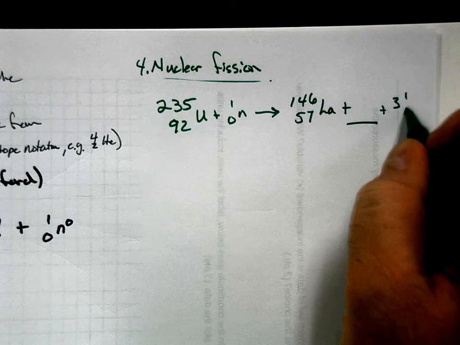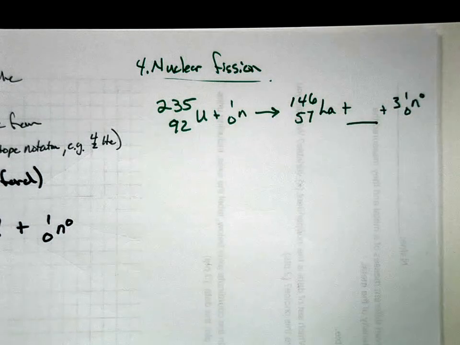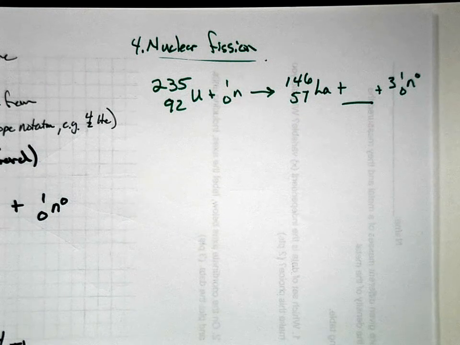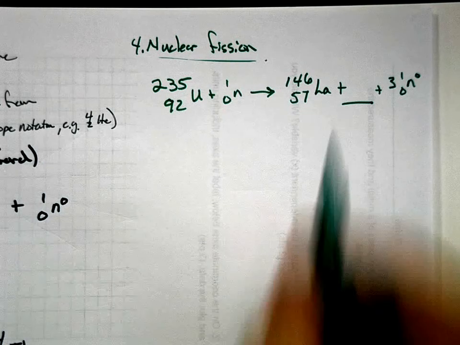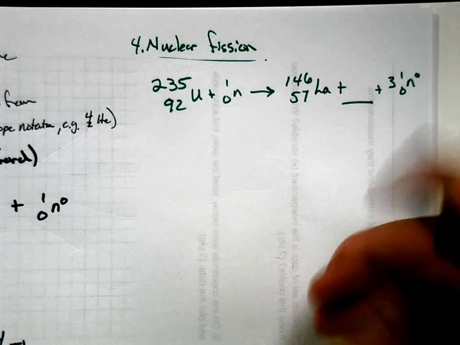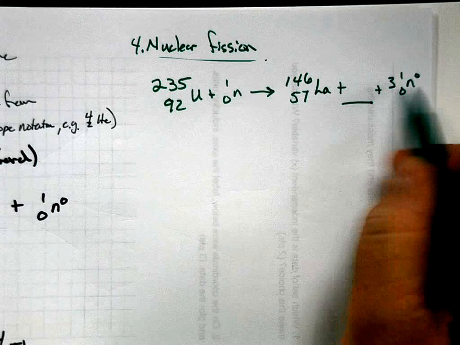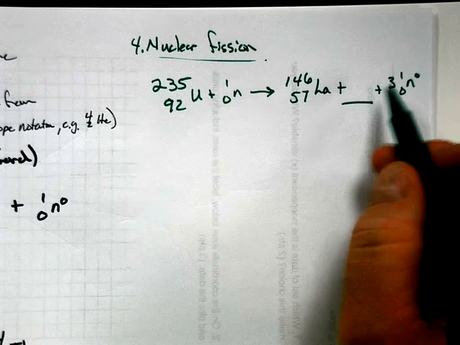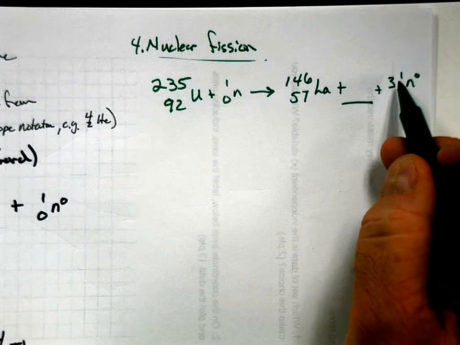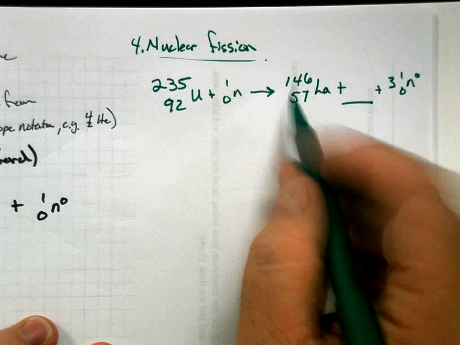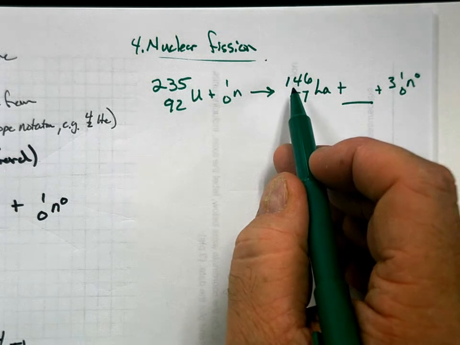All right. We're going to practice this here. This is nuclear fission. What goes in the blank? Now keep in mind, this is 3 neutrons, right? It's like a coefficient for that one. There's 3 of those getting produced. That's going to be a total mass of 3. Here we have a total mass of 146. They need to add up to